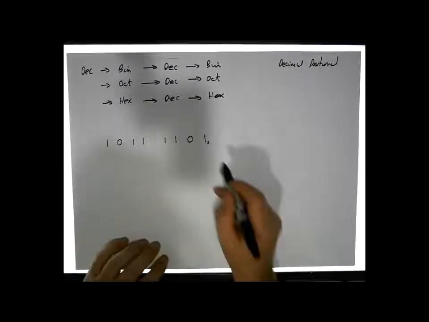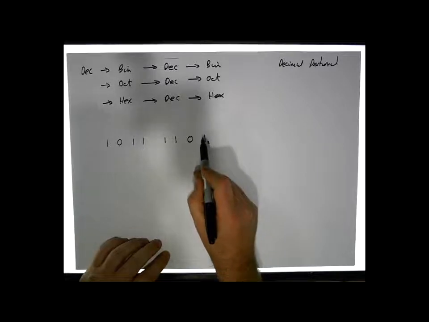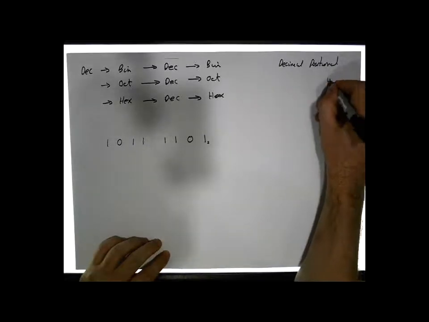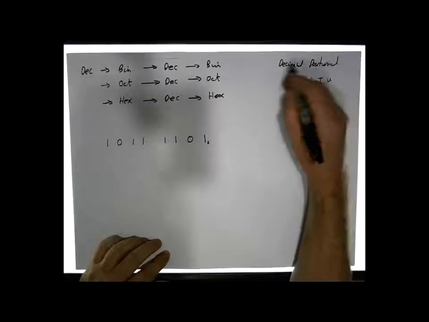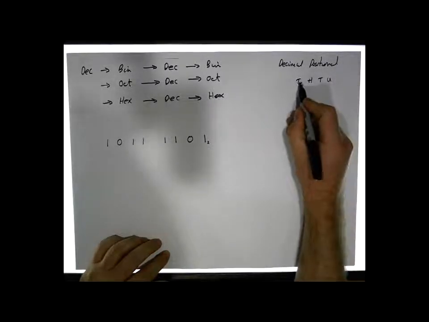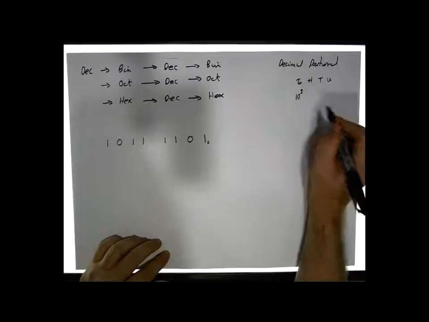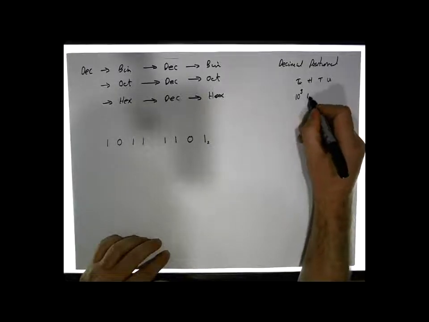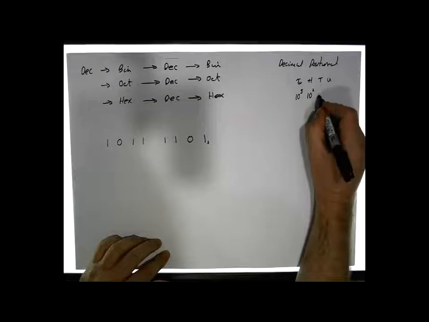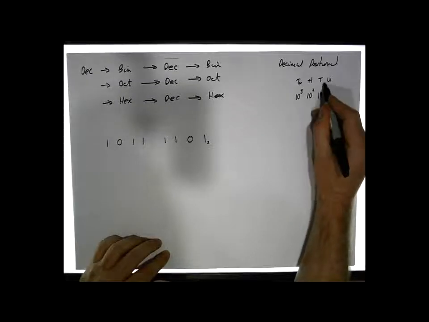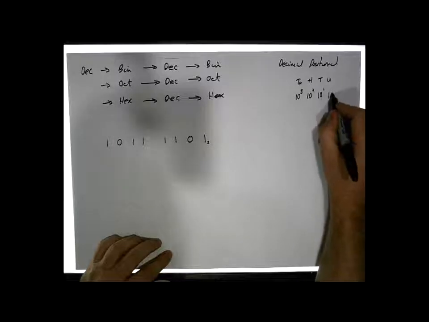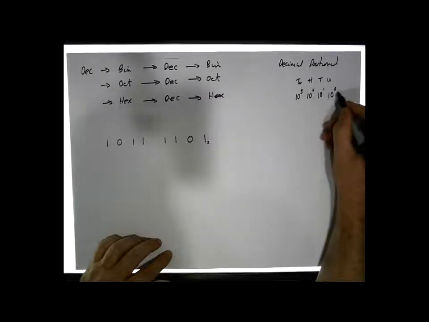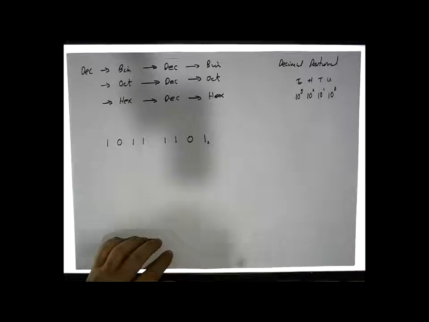So like when we have units, tens, hundreds, and thousands in decimal, if you think about thousands, it is how many 10 to the power of 3s there are in the number. Hundreds are how many 10 squareds are in the number. Tens are how many 10 to the ones are in the number. And you probably see the pattern: 3, 2, 1. Units are 10 to the power of 0, because 10 to the power of 0 is actually equal to 1, which represents units. So